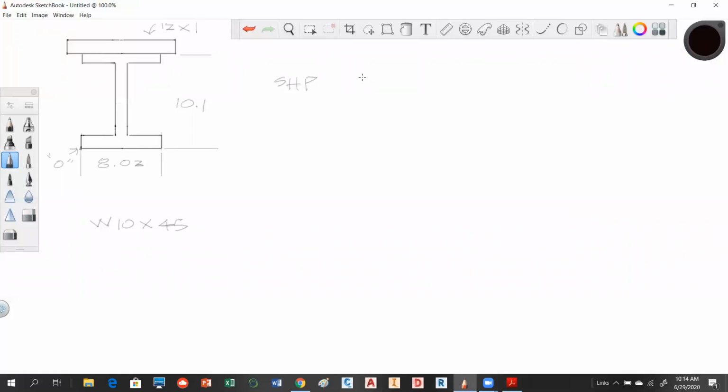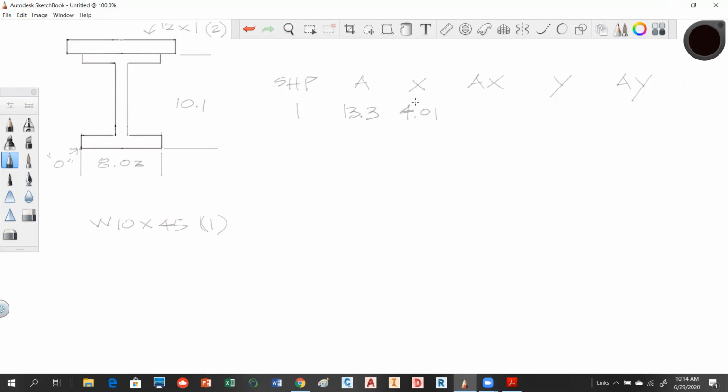We're going to have the area of that shape, the X distance, the AX value, the Y distance, and then the AY. So let's go ahead and indicate this as our shape 1, and this will be our shape 2. So shape 1, we said from the chart, is 13.3 square inches. X is the distance over to the Y axis, and because of the symmetry of this shape, it's going to be half of that. So that gives us